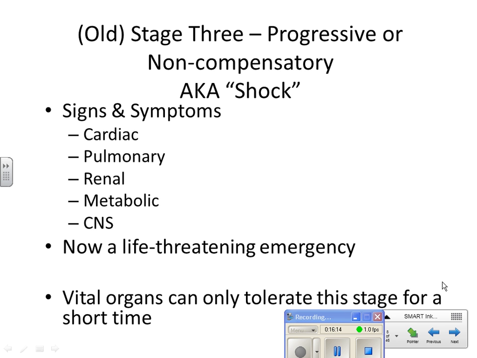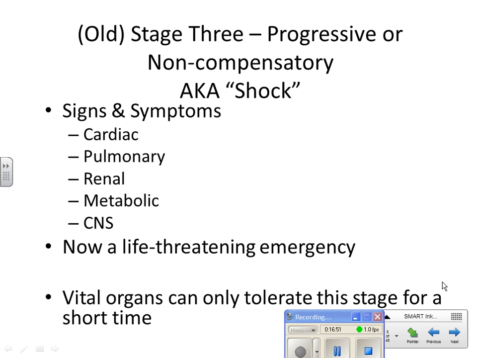So they cannot tolerate this level for very long. You've got to reverse the shock and give them the support that they need to get them back to homeostasis. And one of the ways that we see with patients going through these phases of shock, a lot is going to depend on things like age and comorbidities and how severe the underlying problem is. All those things are going to affect the body's ability to compensate and whether or not we're able to support that patient until the body kind of picks up and is able to compensate on its own.